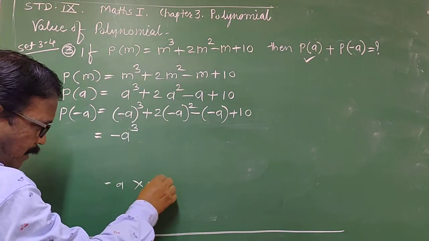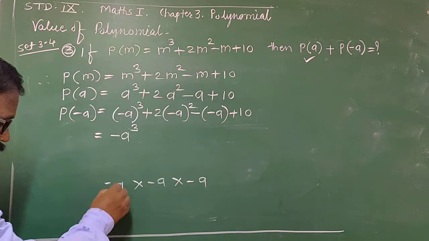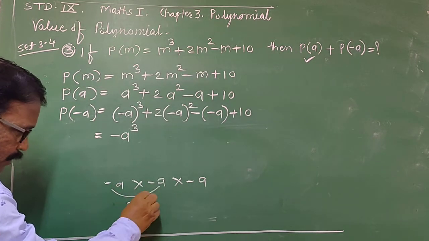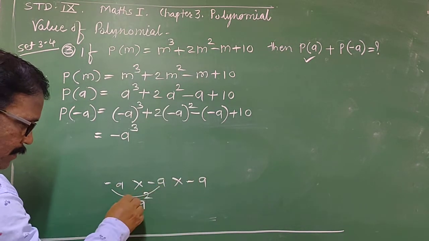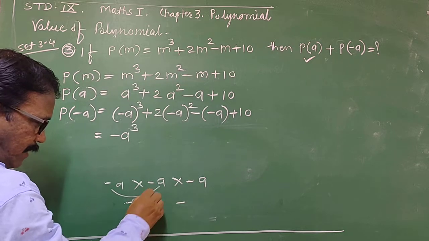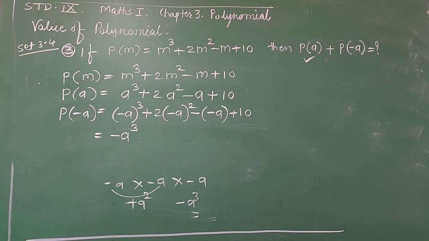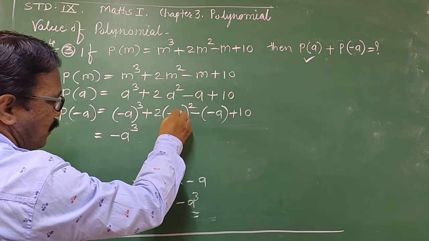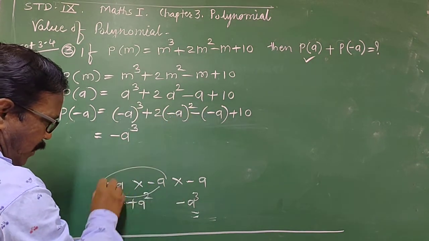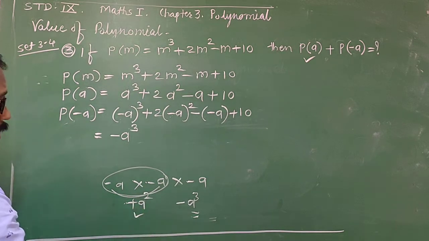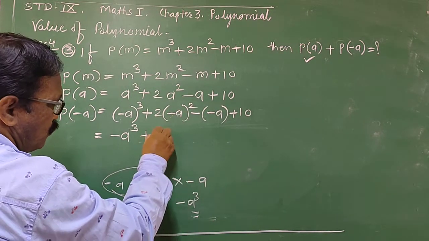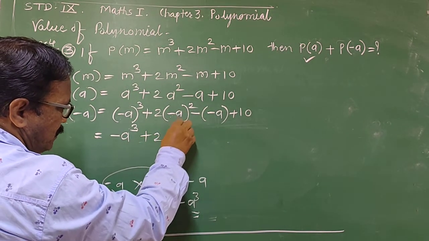Minus a into minus a into minus a. So product is plus a square and then plus minus, that is minus a square into a, that is minus a cube. Then square of this minus a square, that is plus a square. So 2 into plus a square